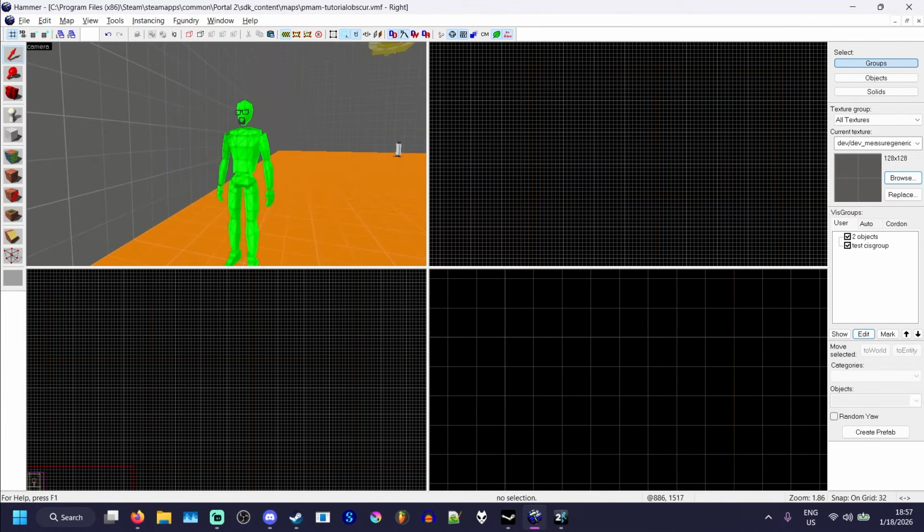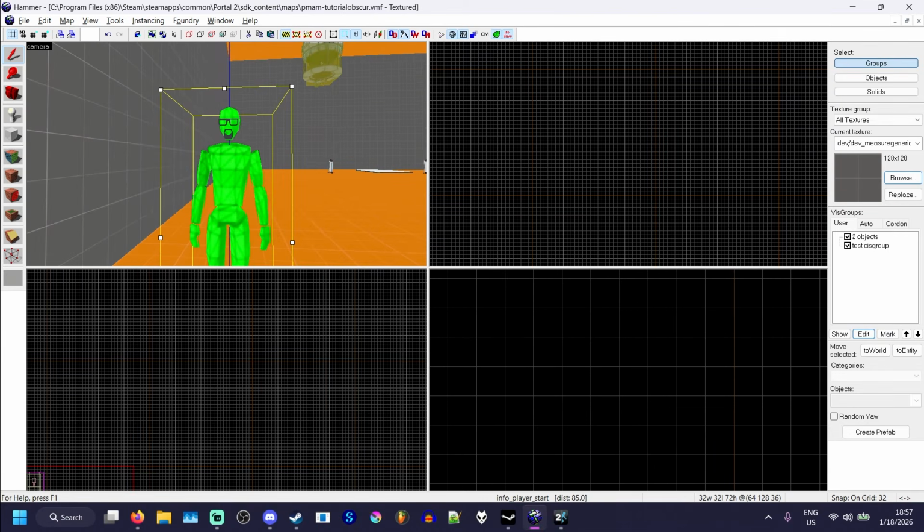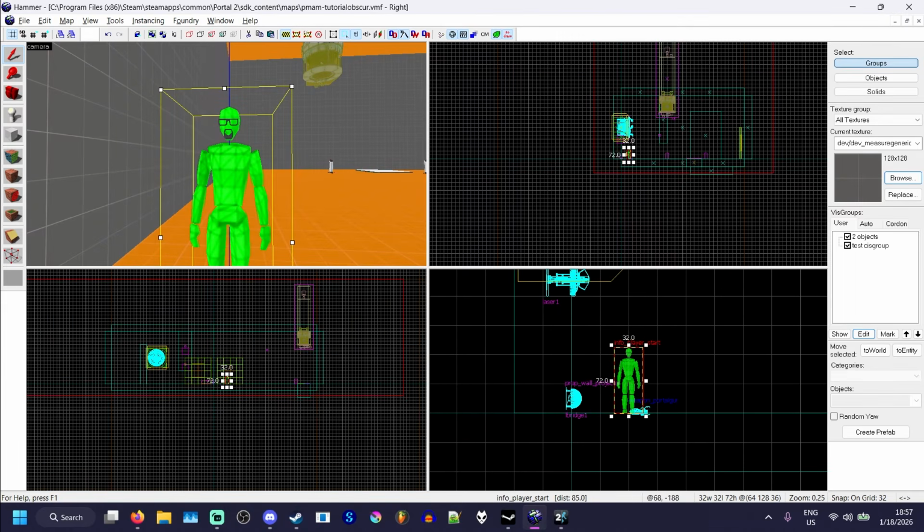Now, if you're working in a very large map, you may find that your 2D viewports get misplaced, and they just end up in areas where you're like, I don't know where this is, or everything is so dense and crowded that you can't tell what you're looking at. But let's say you want to use the 2D view to move something. We already mentioned nudging, but in case nudging isn't an option for you, you can click on the object that you want to center on in the 3D view, press Ctrl E, and it will center all of your 2D